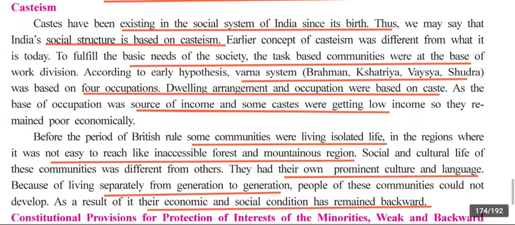The Varna system, that is Brahman, Kshatriya, Vaishya, and Shudra, was based on four occupations, and the dwelling arrangements, occupations, and incomes were all based on this caste or on their occupation. But the problem was that certain occupations earned less income than others. For example, usually Shudras earned a lot less income than Vaishyas. So, in that sense, the caste of Shudra remained economically backward compared to Vaishyas or Kshatriyas, you can say. So naturally, there were some